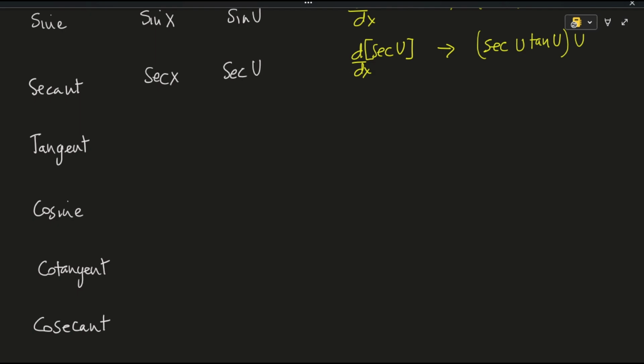Now for the trig function tangent, tan x, or if it takes the form tan u, where u is a function of x, then the derivative with respect to x is given as